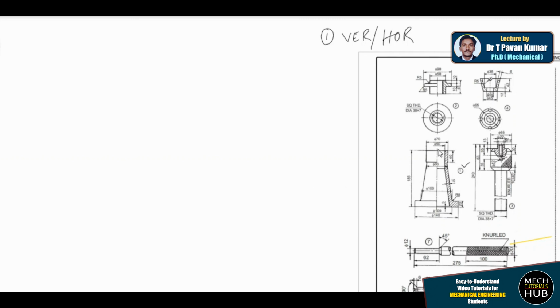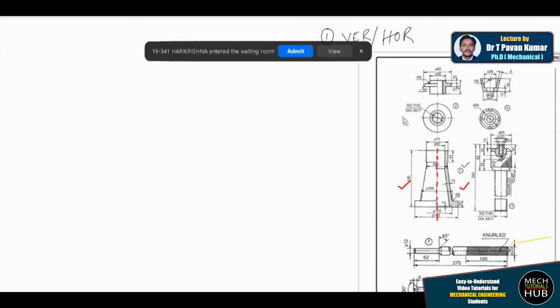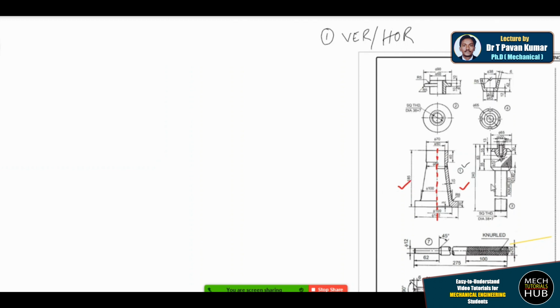Here you could see the axis line. This is the vertical axis line, which means directly you can say that this is symmetrical with respect to vertical, meaning the left half is equivalent to the right half. That is what you could see on the screen. Similarly, for a horizontally symmetrical component, a horizontal axis will be given to you. So from the first thumb rule we have seen that the component is symmetrical with respect to the vertical axis.